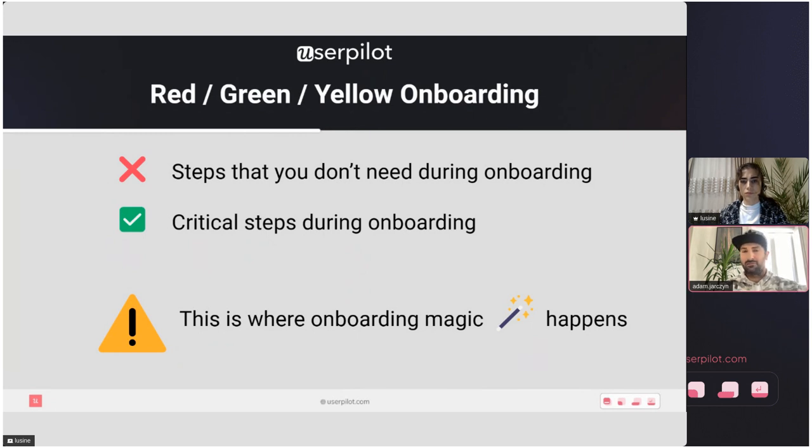There's also defaults. Often I see teams asking the user to make a ton of decisions. Being able to make those decisions for that user and allowing them to edit that decision later is a great way to maintain momentum in onboarding. There's a couple of different examples of this that I can go through in more detail during Q&A if that's of interest to the group. But the yellow steps are the ones where so much interesting stuff happens when you really think about, can the user do it later? Do I need it now? Can I abstract it away? Can I remove it altogether by making decisions and having better defaults? Lots of opportunity there in onboarding. If we move to the next one,